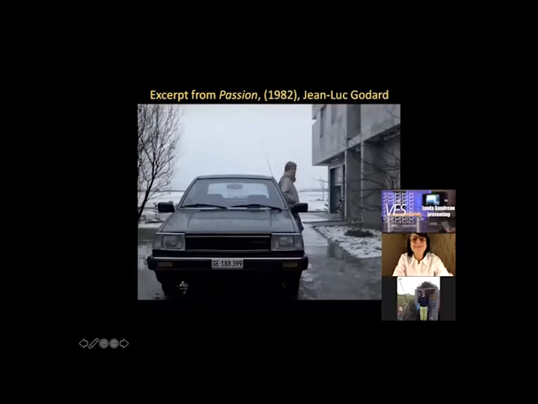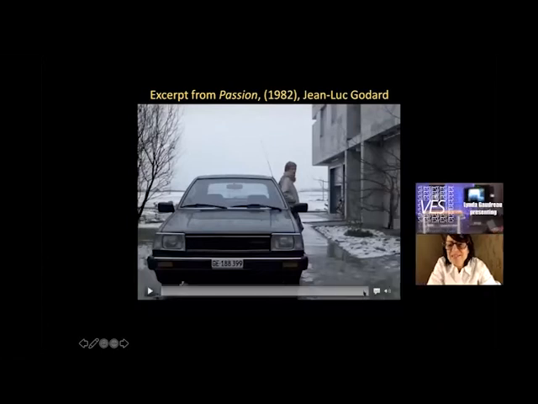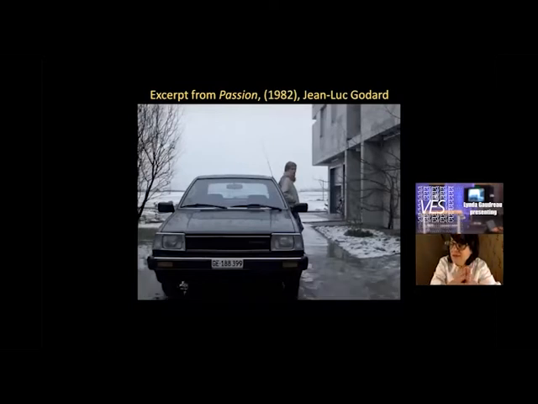Okay, let's see. This excerpt is 2 minutes. Okay, maybe less. I want to share this excerpt. Here you really have the real work of that. If you are familiar with the work of Jean-Luc Godard,